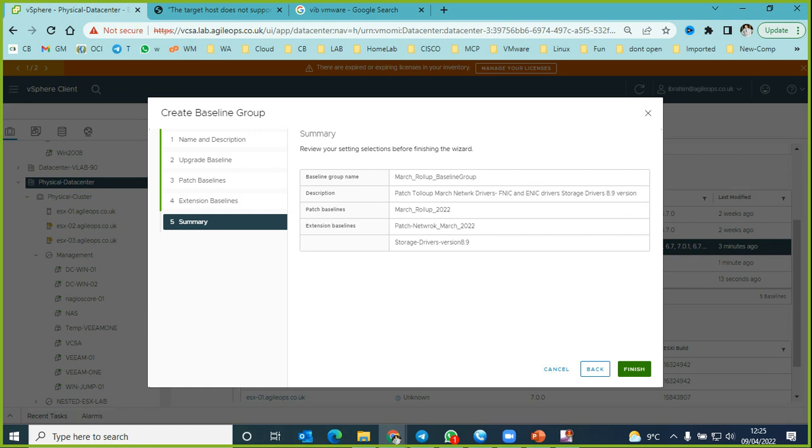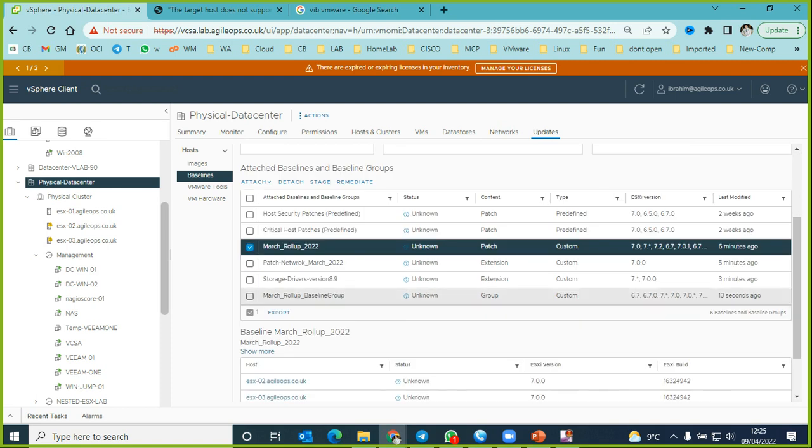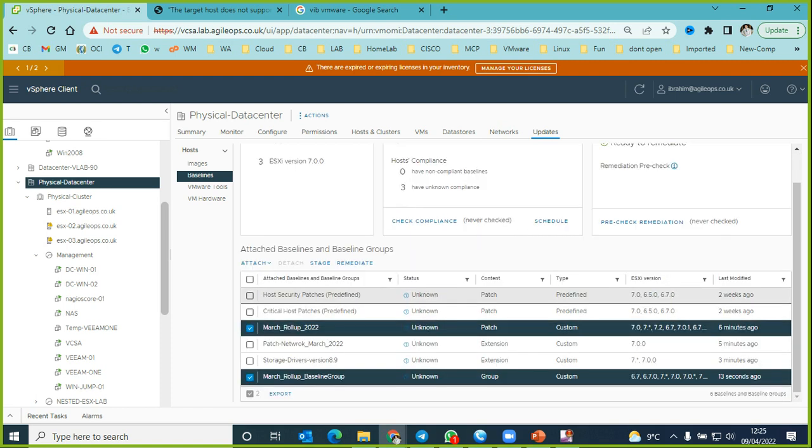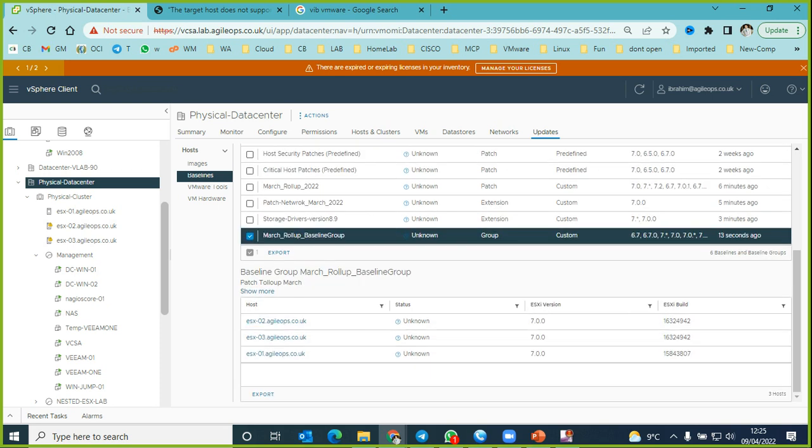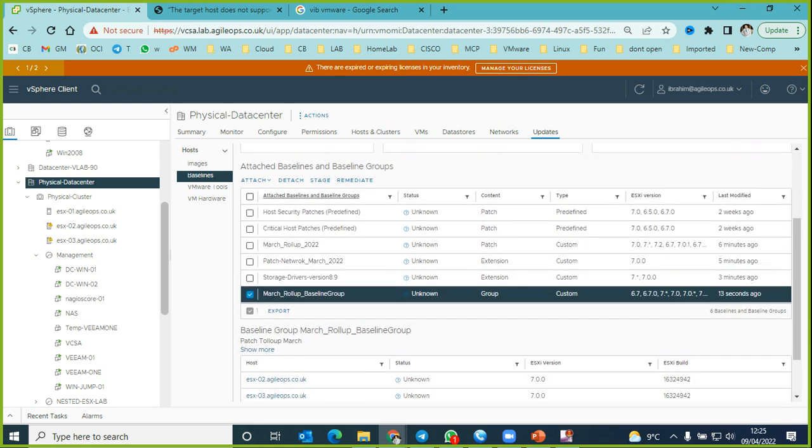Don't select for older versions like 6.5 or 6.7. If you don't have them, it will just simply waste your time. So just select the patches or security vulnerability patches for the version of the host you're running in your environment. And then once that is done, click on finish, and now you've got a baseline group. Right now you select that baseline group, and then you can basically attach this baseline group to your